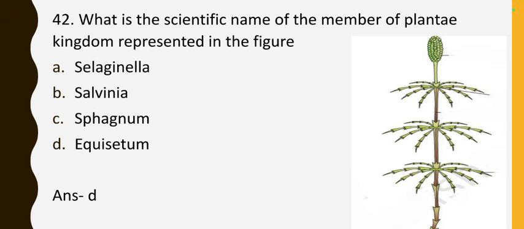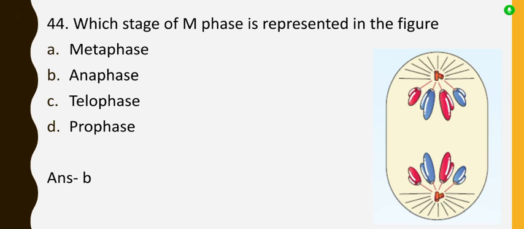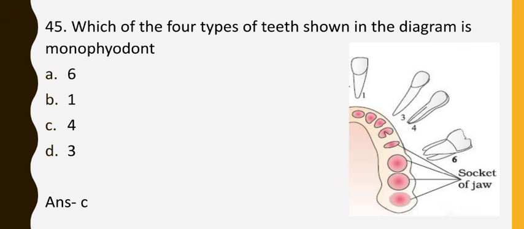What is the scientific name of the member of the Plantae kingdom represented in the figure? It is Equisetum. Which of the following is the correct label? In the given figure, the correct label is option C, second part, ulna. Which stage of M phase is represented in the figure? It is anaphase. Which of the four types of teeth shown in the diagram is